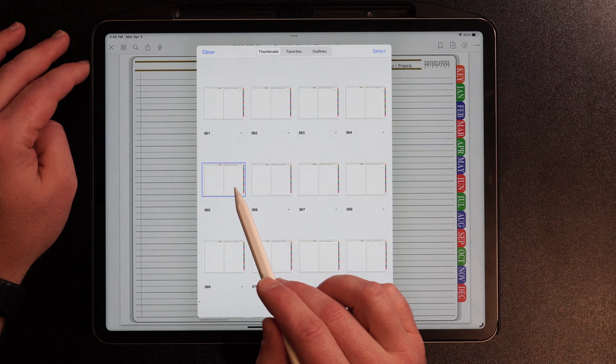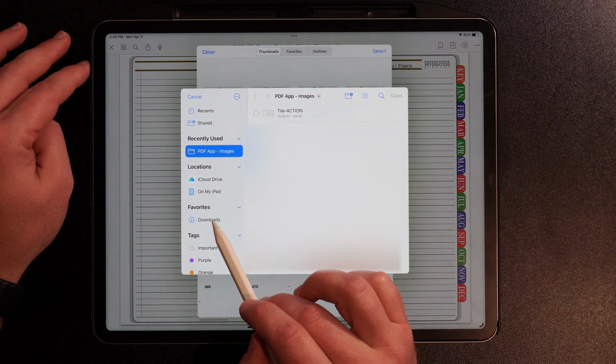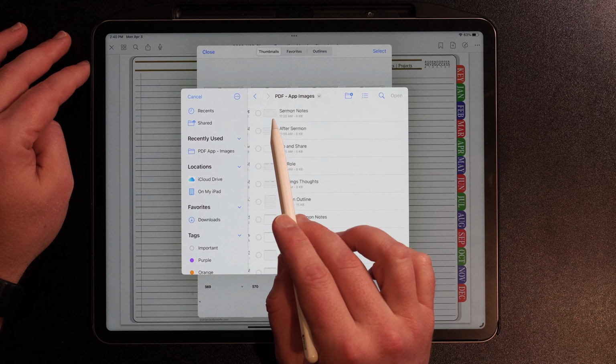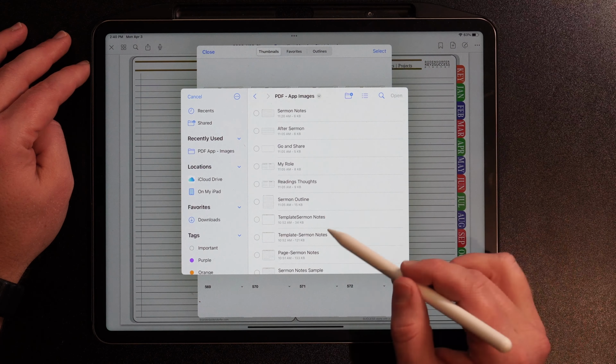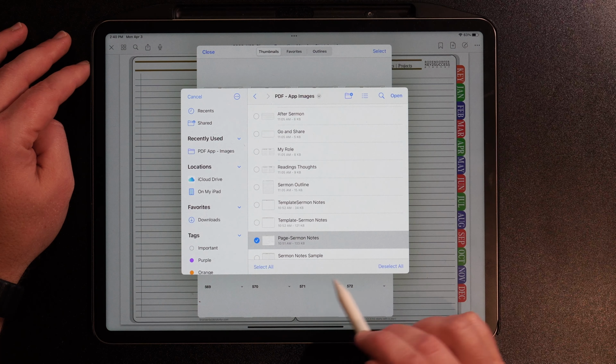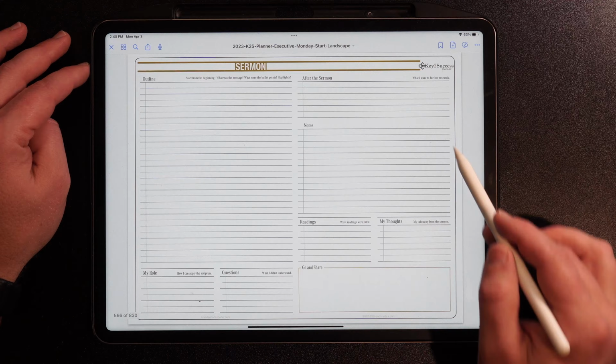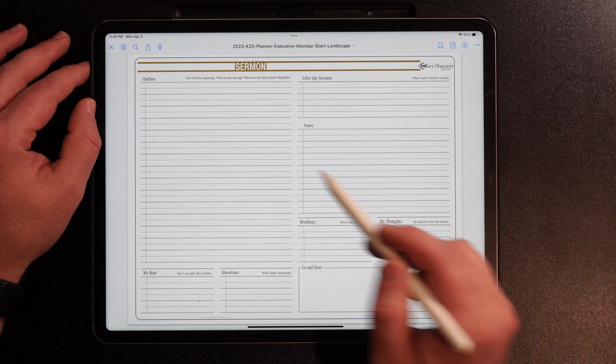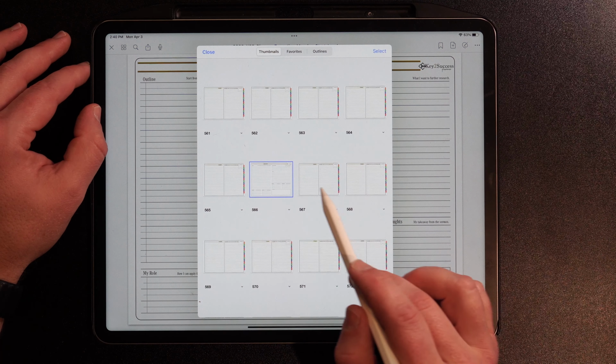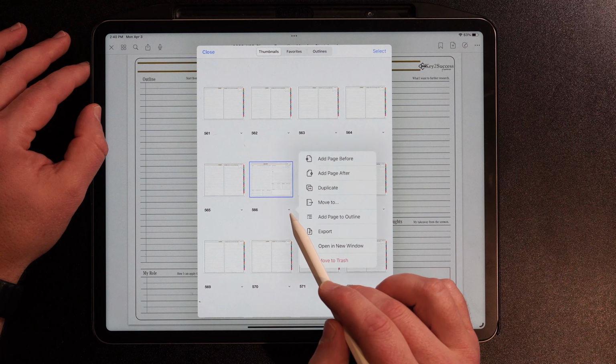Now from here, I'm going to click on import. I'm going to go into my downloads application. I'm going to click on PDF. And then I'm going to click on the one that is a PDF file for sermon note template, choose this one here and then hit open. Now what that's going to do, if you click here, that is going to give me one of those pre-designated pages. But let's just say if I want to personalize my own, I hit add after, hit import, and this time I'm going to choose